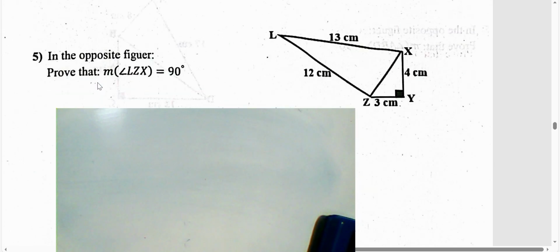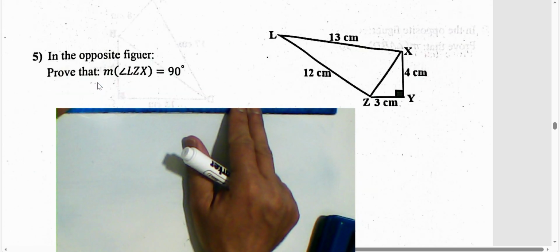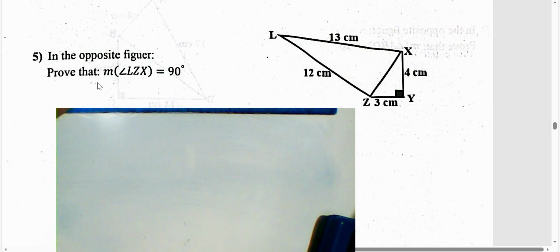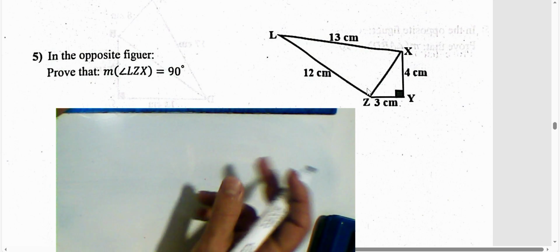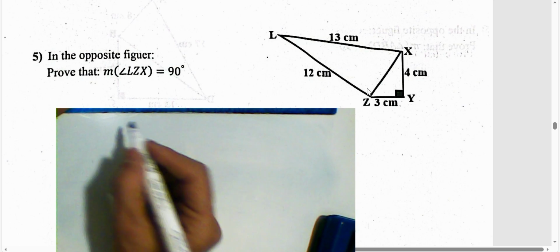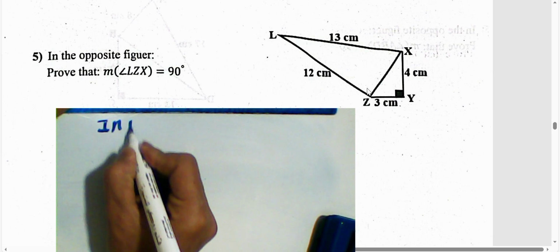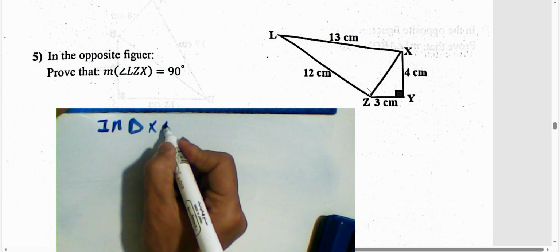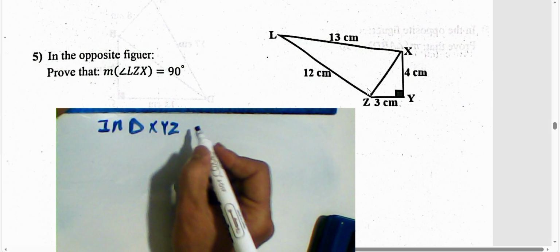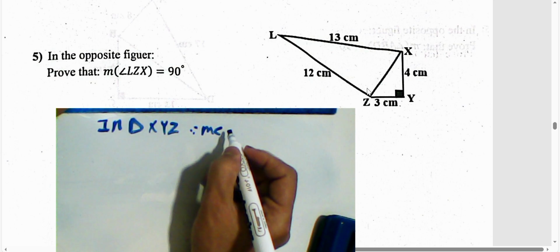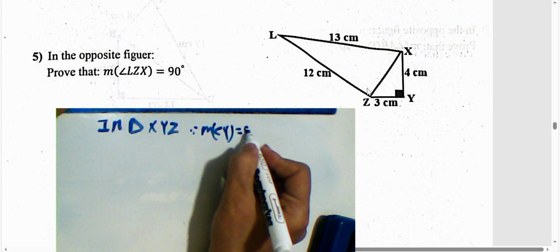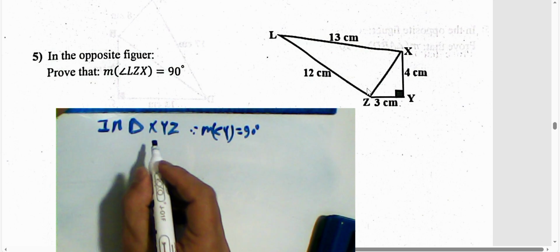Next question, number 5. The opposite figure proves that the measure of angle LZX equals 90 degrees. First step, we can find the length of XZ. First, look at this triangle, right? In triangle XYZ, such that the measure of angle Y equals 90 degrees, then